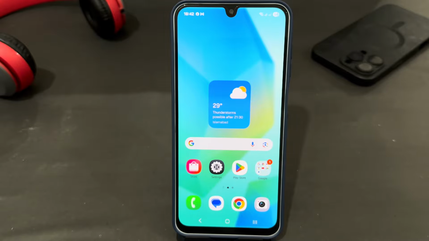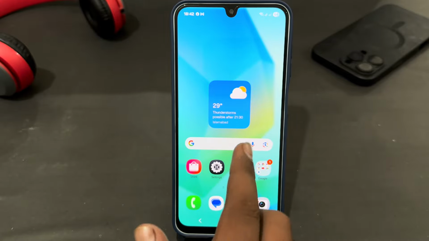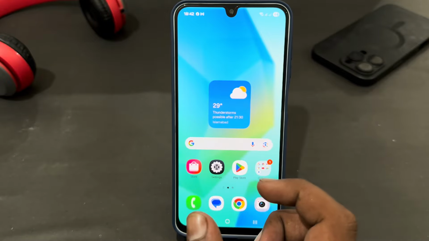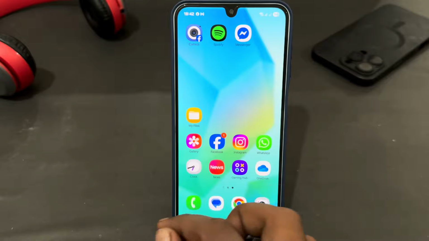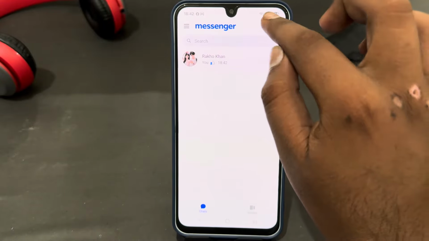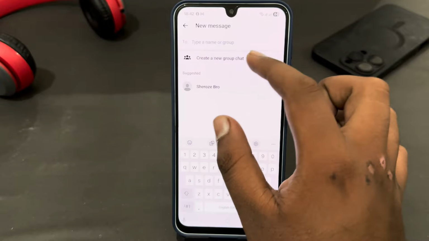Hey guys, today I'm going to tell you how to create a new group on Facebook Messenger. If you want to use or create a Facebook group, let's see how you can do this. Just open your Messenger app and tap on this icon, then select create new group